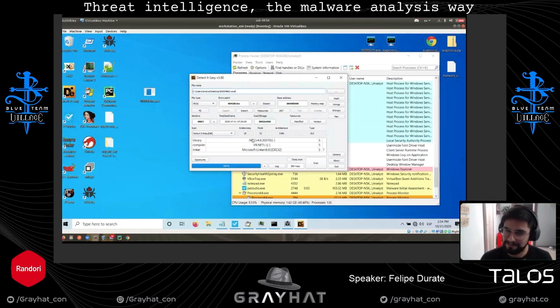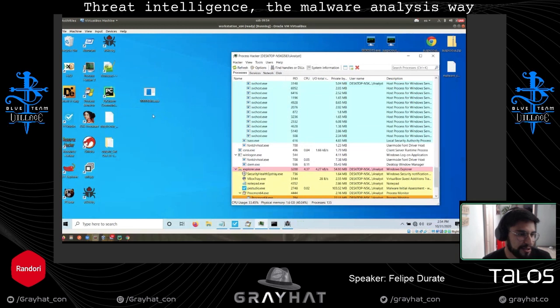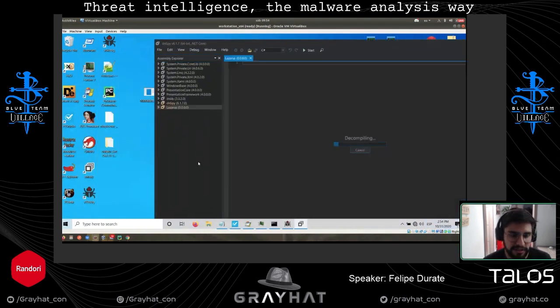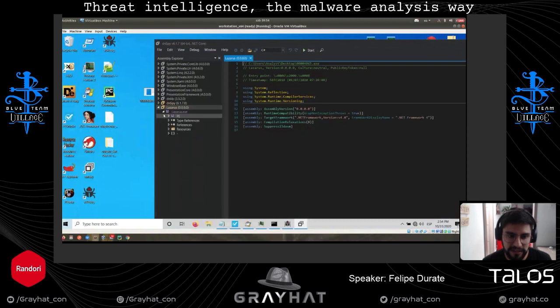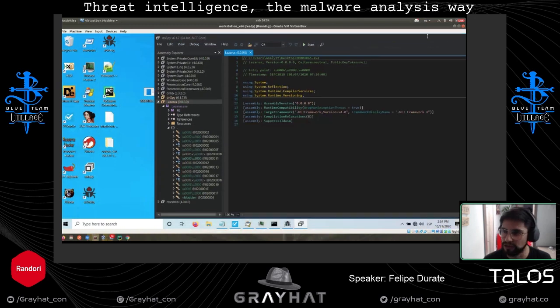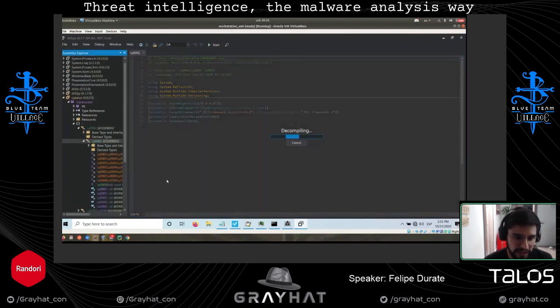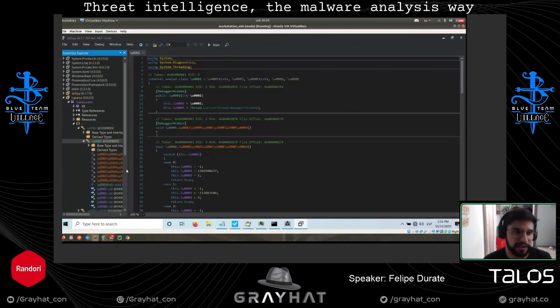It is a .NET file. Okay, really interesting. When I want to analyze a .NET file, I usually analyze it using dnSpy. And I just need to do this. So it says Lazarus. Okay, but I want to see what's going on here. What are the functions? But these guys never give us everything for free or easy. You see this thing is kind of obfuscated. It's kind of weird. We cannot understand that very simply.